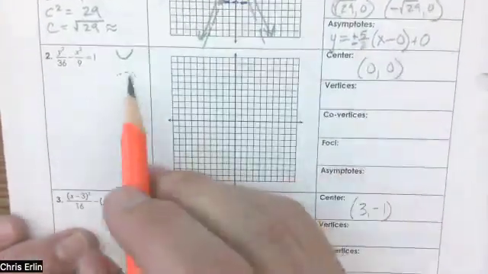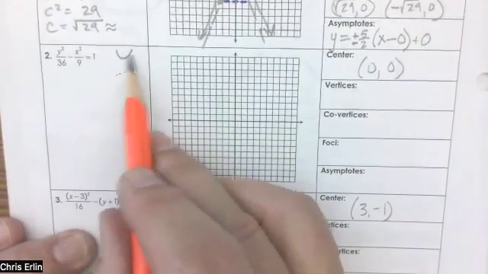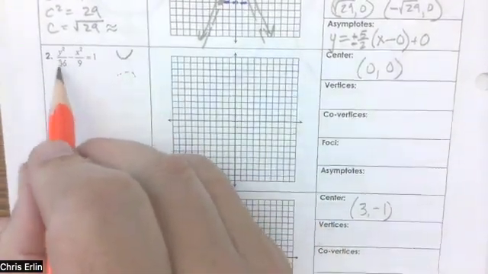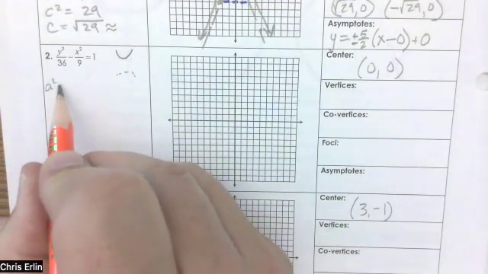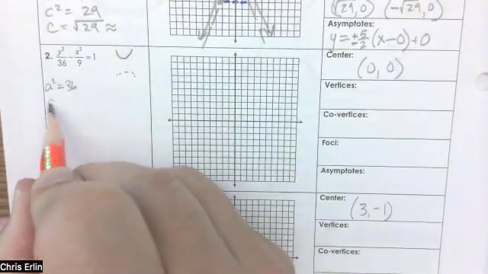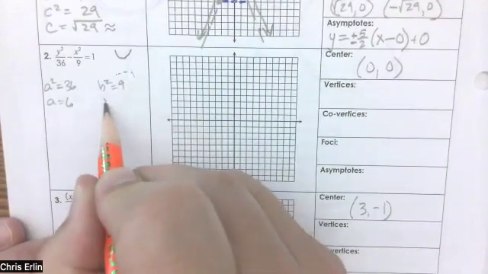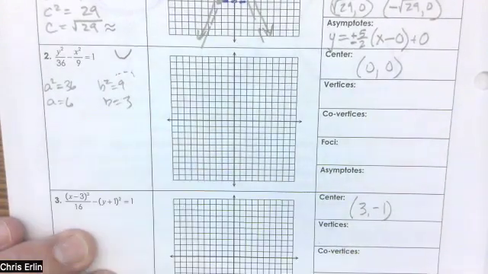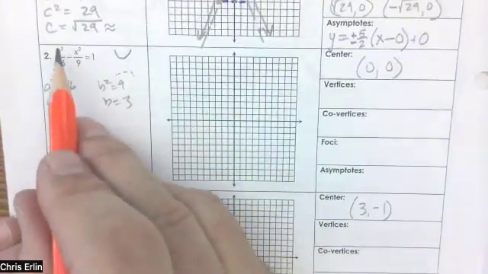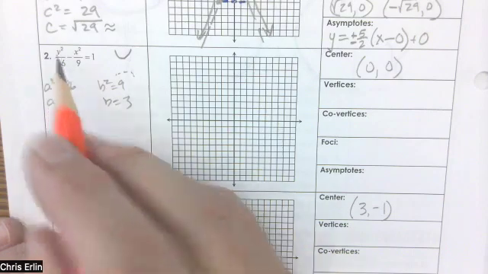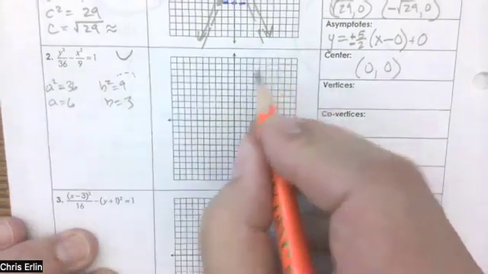Okay, let's come down to this one. The only difference here is that it's a Y shape, right? And because we did that, what's our A value going to be? And our B value, B squared is 9, so B is equal to 3. And this time, because Y is first, I know that I'm going to have my shape look like this,